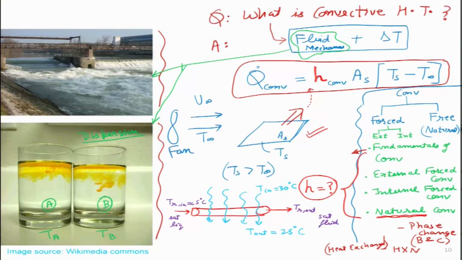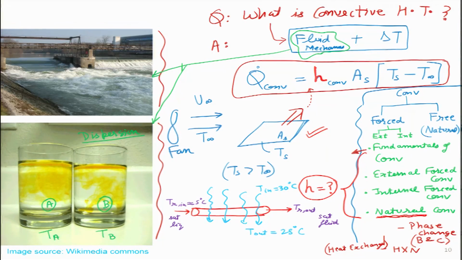So in all these examples, whether it is very simple, a surface of area A like this, or a hot cup, or having certain complicated geometry, or our body which is actually losing heat. So if the room temperature is 25, I am continuously losing heat through convection, and if I want to increase that amount of heat transfer, I can switch on the fan. So, in all these particular cases, I can have either natural convection or forced convection taking place. By the way, I have not formally defined any of that. I will define it in just a minute. I just wanted to give certain examples that we all see around us in day to day life.